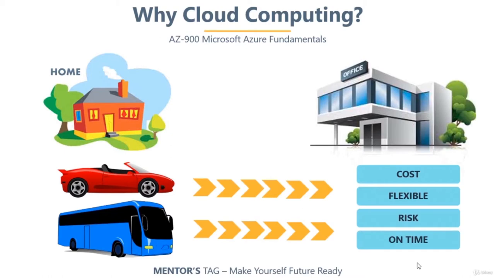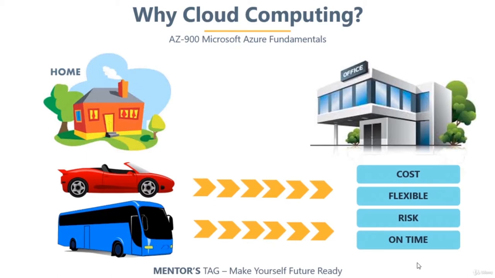Now what if we focus on risk and on-time availability? In which case are we going to have higher risk? We have to focus on both. For example, maybe you're driving a car and somewhere on the road it gets punctured. If this is your own car, who's going to take care of that? The answer is you. But suppose your bus gets punctured, you're just going to take another bus. You don't need to take care of that because that's not your own vehicle and you don't have that kind of risk. Now, I do not want to compare this further with car and bus, because in this case we will not come to any conclusion.